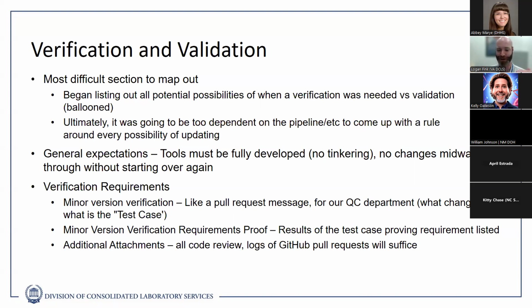And so we started listing out all the potential possibilities of when a verification was needed versus a validation. And so we're thinking, okay, what if a database changes, or what if the version of a tool in a pipeline is moved forward, or what if you have a backwards compatibility change, and all these different things. So we started trying to come up with all these different things, and list them out in a systematic way, and we were grouping them together, and making all these different assumptions. But it quickly ballooned, and I think in looking at it, it was an intractable problem,